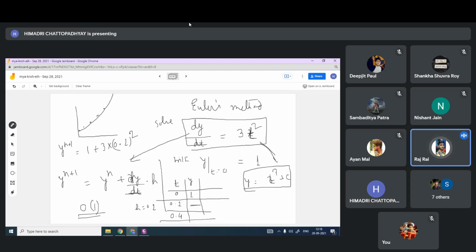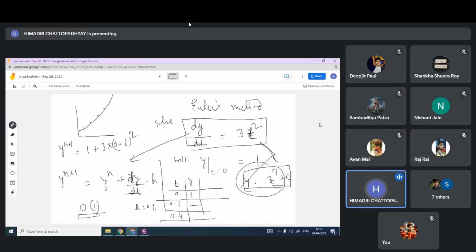So I am saying that in the equation where you wrote the yn plus 1 value, it will be 1 plus 3 into 0.2 cube. If you take 0.3 cube, but this solution you are not taking. You are calculating from this. This is the analytical solution. You are not using this solution. When you do numeric analysis, if you have the analytical solution, then you can compare with this. You don't take this. You have to use this information only. Okay.